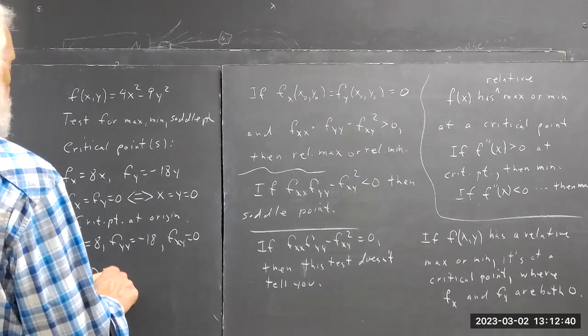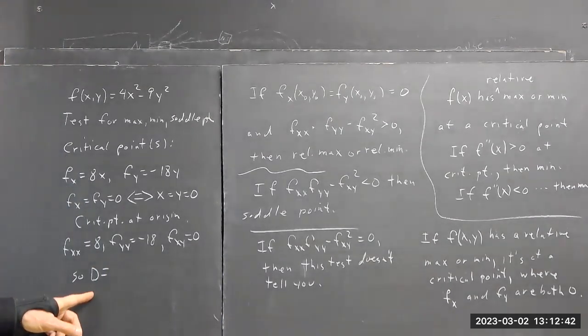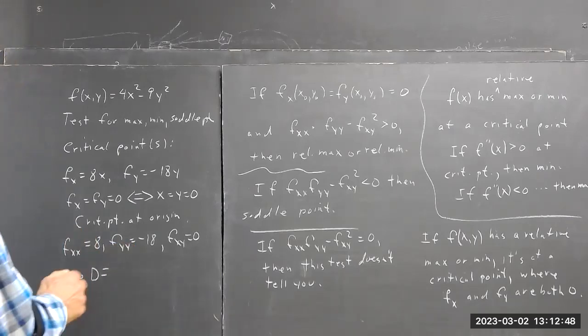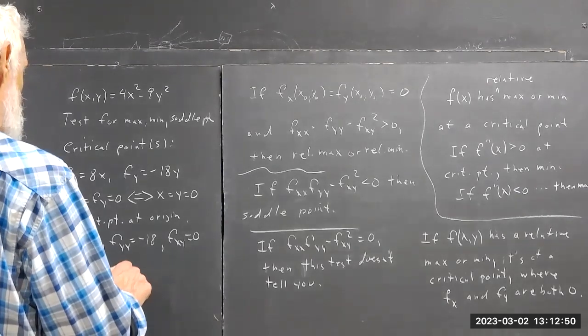Now we actually call this a discriminant. We use capital D, I think that's what most texts use. Okay, capital D equals